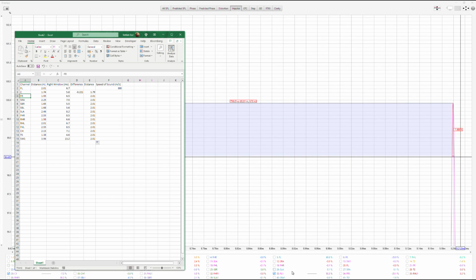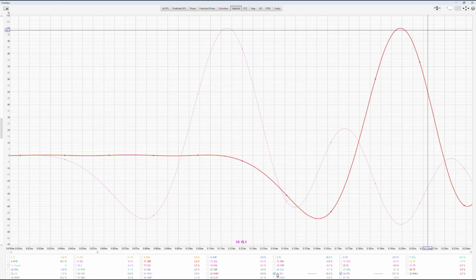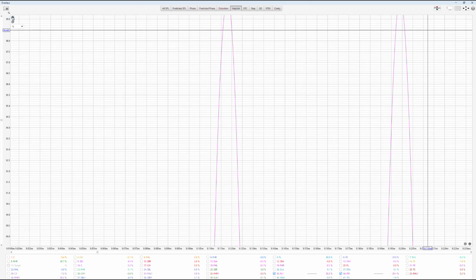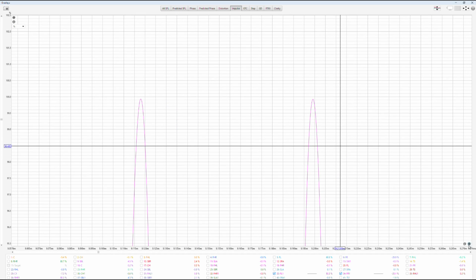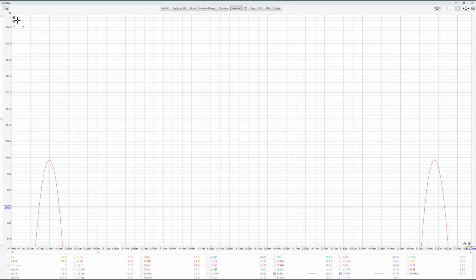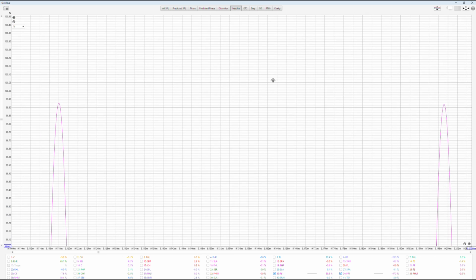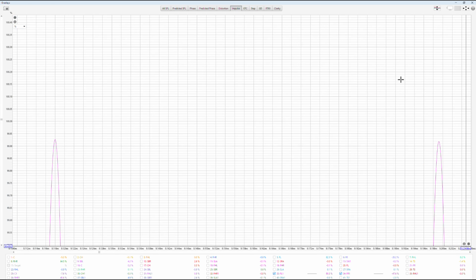Now FR. Okay, FL1 is our reference speaker. We accepted that its distance in Odyssey is correct at 2.01. And if it's in fact 2.00, it really doesn't matter. It just changes the Atmos bubble size by 1 centimeter. But everything will still be relatively perfectly timed. I mean, be accurate here because the receivers are not accurate to less than 3 centimeters, so do your best at this stage. FR1 to FL1.